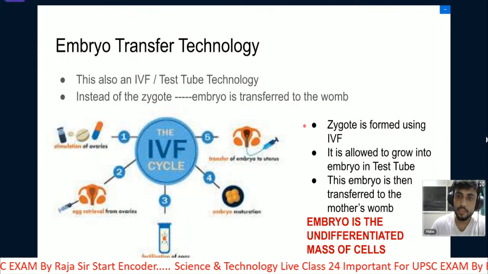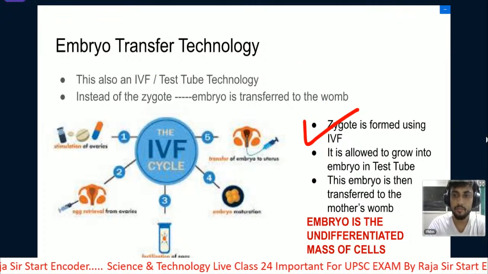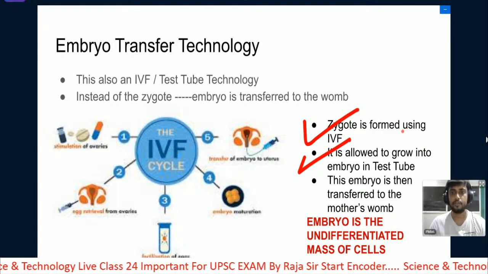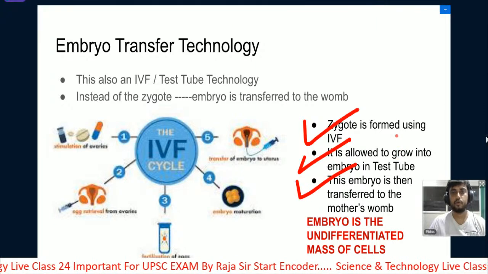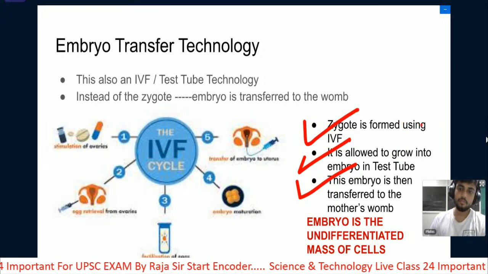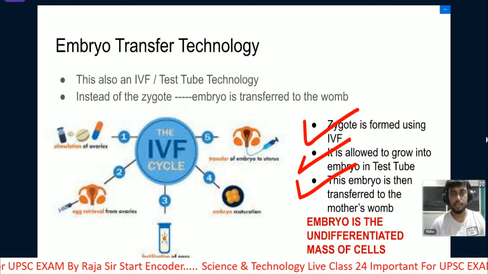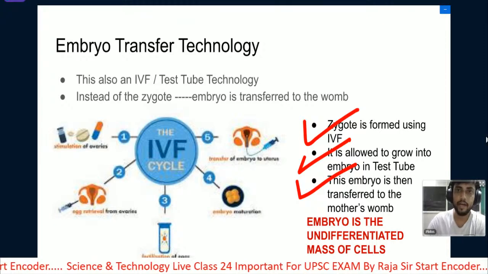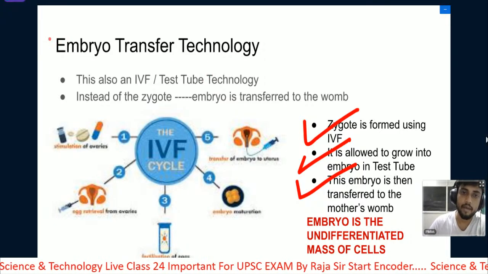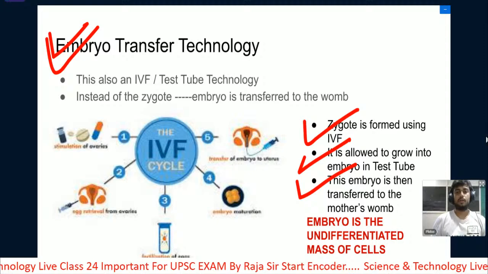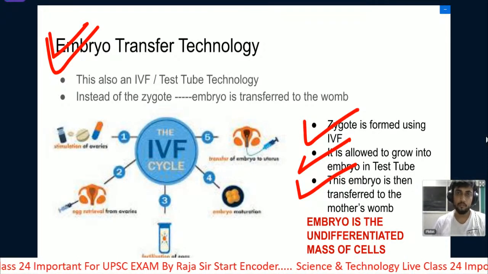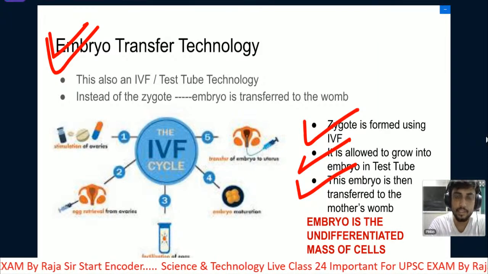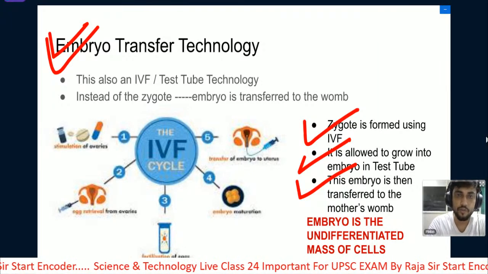So again, in this process the zygote is formed using IVF, and this zygote is allowed to grow into an embryo inside the test tube, and then the embryo is transferred to the mother's uterus. The chances of success in embryo transfer technology, the chances of conceiving and a successful pregnancy, are high. If we implant the zygote directly inside the uterus or womb, then the probability of success is less. But in case of embryo transfer,